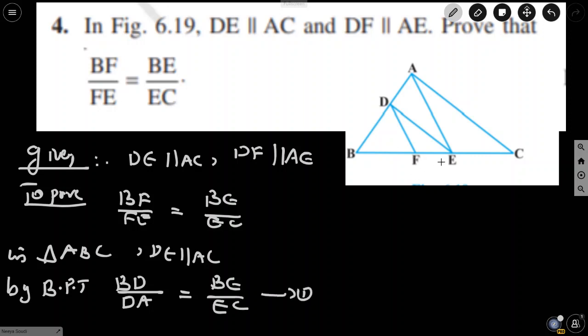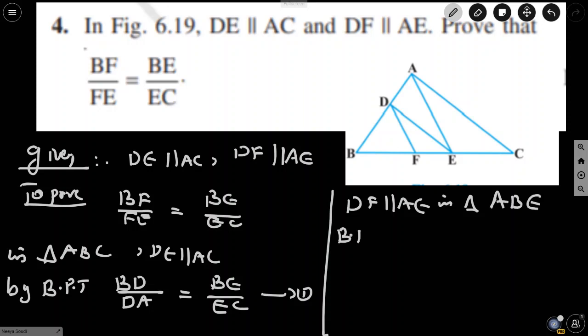Here we took it like that because you can see in the question, prove that BF by FE, BE by EC. In the last problem we got the whole side. That's why we selected it like that. Now as per the question we have to select. So the second part is DF parallel to AE in the triangle. In triangle ABE,